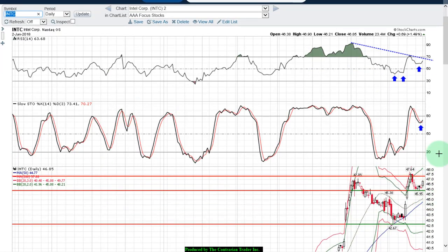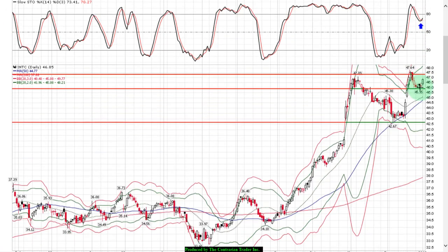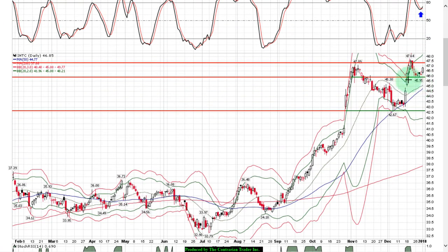Yesterday, a bullish key reversal after finding support at 45.95. RSI hooking up. We're putting in higher lows there. Higher lows on stochastics, they're hooking up as well. So the daily chart is looking good. If you're going to buy it today, you're going to take that risk, that's fine. Just use a stop right below